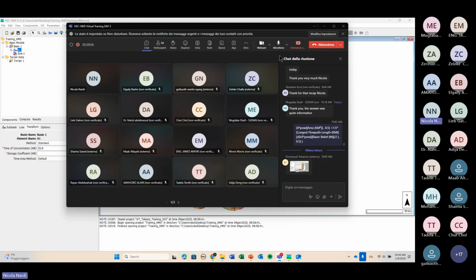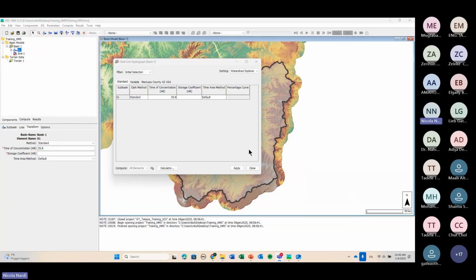Yeah, as I was telling you, it's the most tricky part. But once we do a sort of calibration, you will understand how this coefficient changes the result of our simulation. So right now, we have estimated the time of concentration. What we are missing is the storage coefficient. So back again,